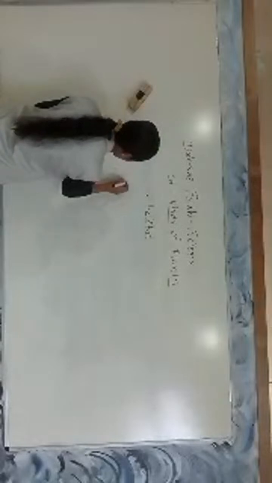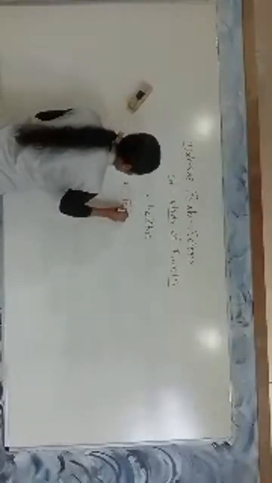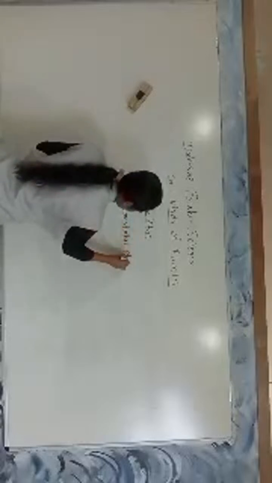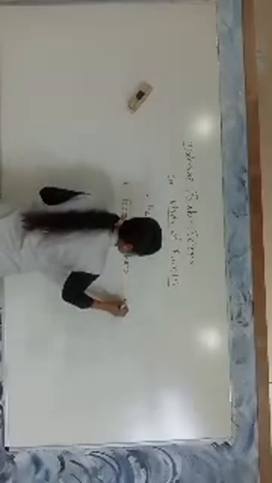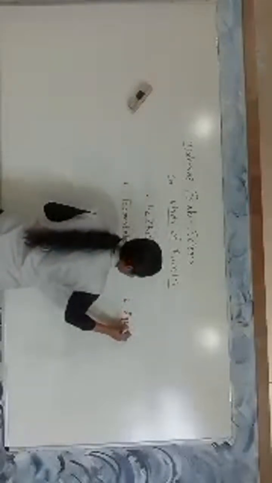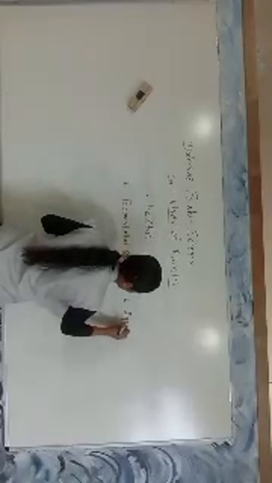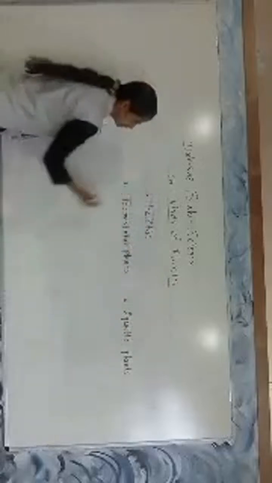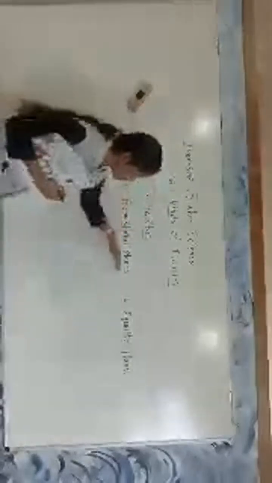First is terrestrial plants and second is aquatic plants. Plants that grow according to their habitat. Two types are there,